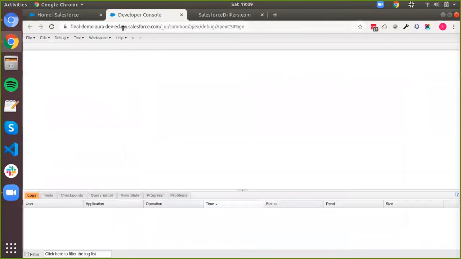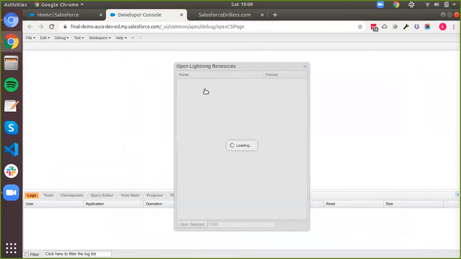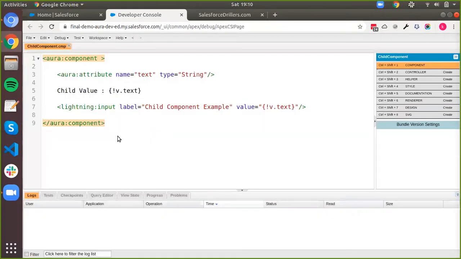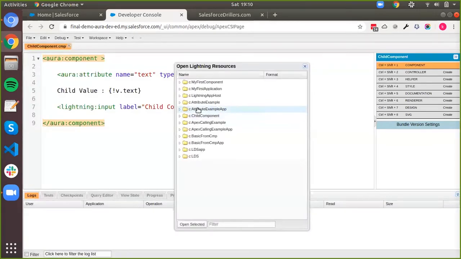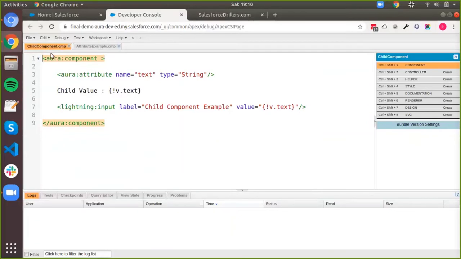So what that would look like in your code is, let me see if we have an example set up for that. Yeah, I think this is it. Right. So this is our child component, and I think we also have a parent. And this is called the attribute example one. So let's say I want to call this child component from this.